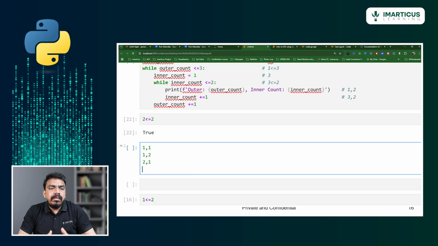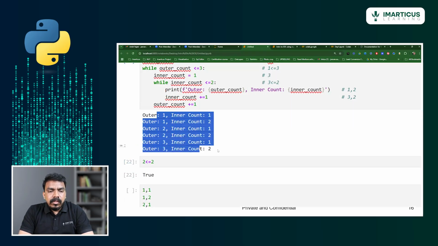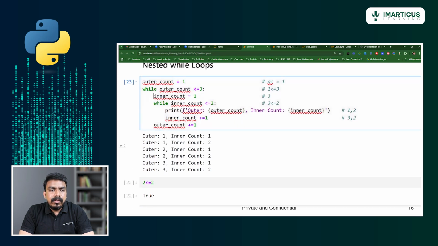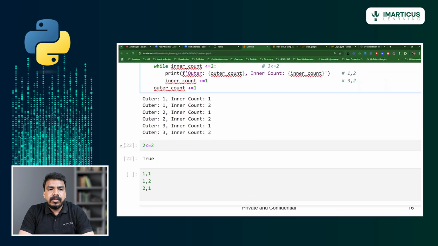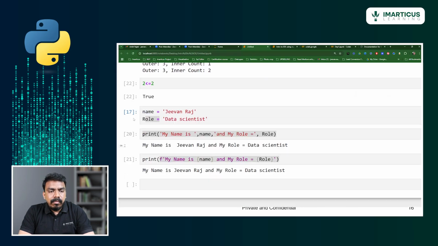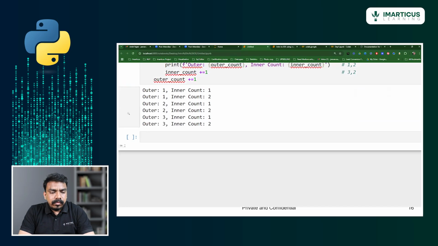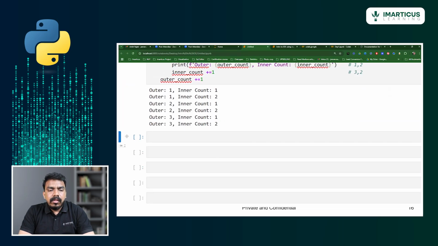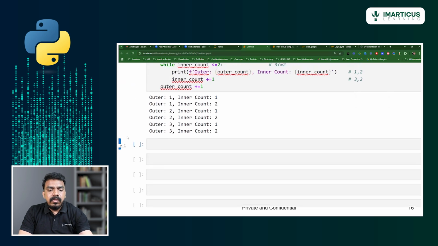The same way, until it breaks the outer loop, the inner loop will be completely executed multiple times. So this is the output of the nested loop. How is it working? First it tries to finish all the inner loop operations, and once it fails, only then does it go for the outer loop, and again it will print all the inner loop and then go for the outer loop. This iteration keeps happening. That is called nested loops in Python. I hope you are clear with what nested loops are in Python.